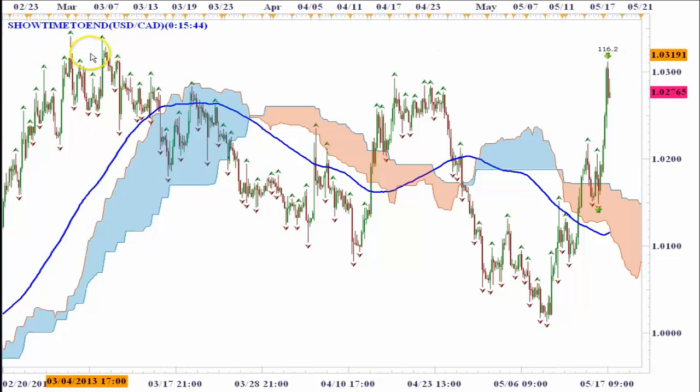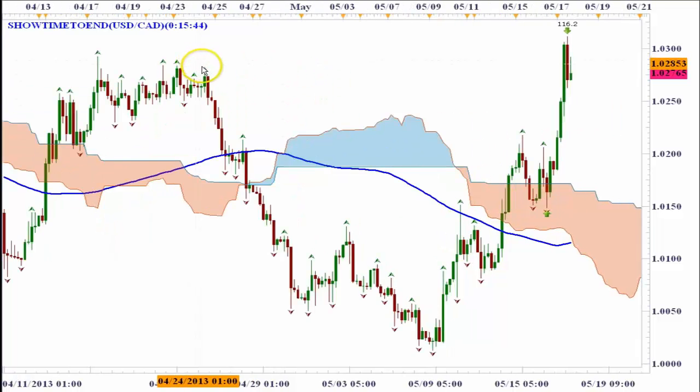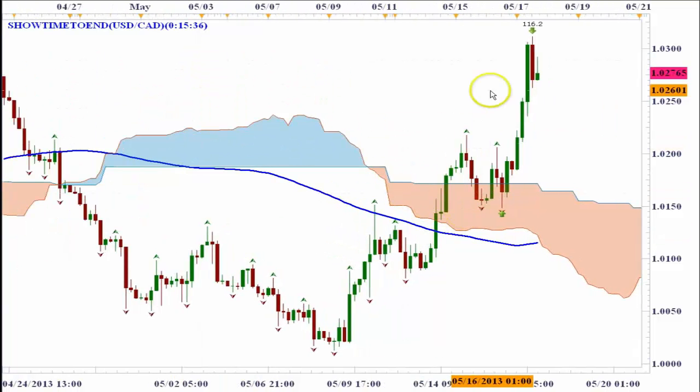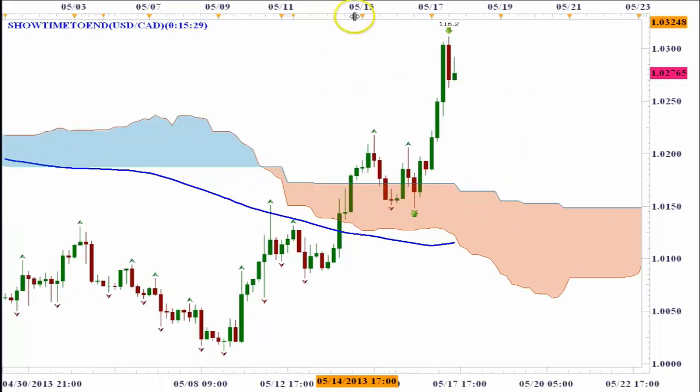So these are levels where I would put the profit target. But I'm not going to set a target. I'm going to just move my stop loss up with the market. So if I wasn't doing any of those things, then the other thing that I would do